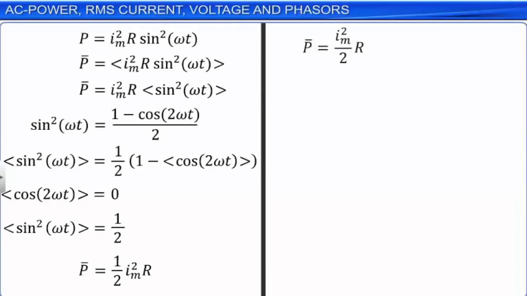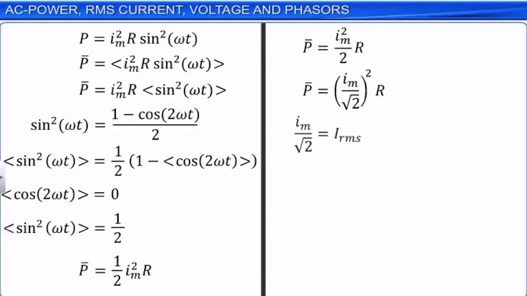If we define a new value of current to be associated with AC, that is, Im by root 2, we can get the expression of power dissipated from a resistor in AC current in the same way as in DC current. That is, I square R. This new value of the current is called root mean square. In short,